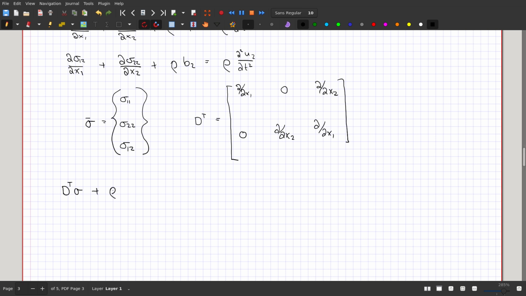Plus rho B vector equals rho U vector double dot, right? Mass times acceleration,